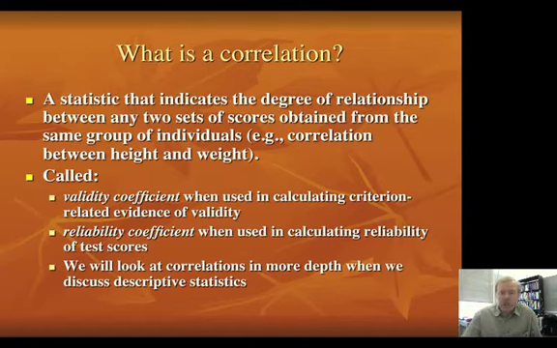So going back to our expectancy tables, a reliability coefficient is something we'll talk about in much greater detail next week when we talk about reliability. But this is just how reliable are the scores from point A to point B. Internal consistency we'll talk about. There's a variety of ways that we use correlations to assess reliability. So we'll look at those more as we discuss descriptive statistics in a brief manner later in the class.